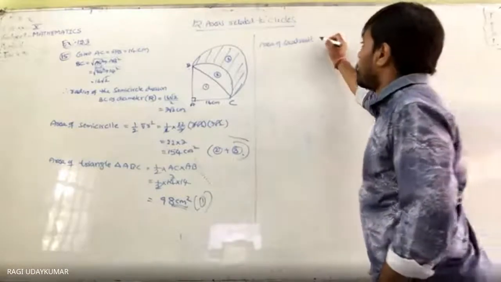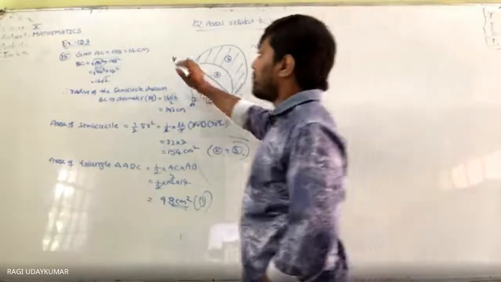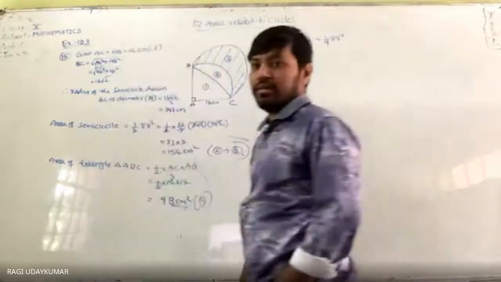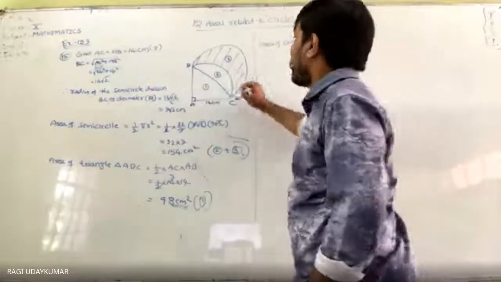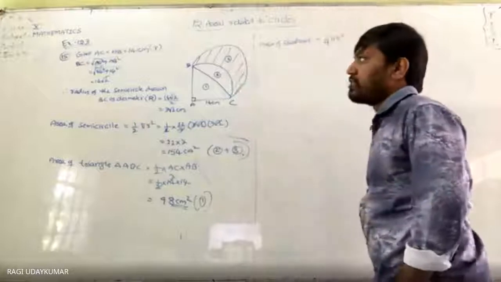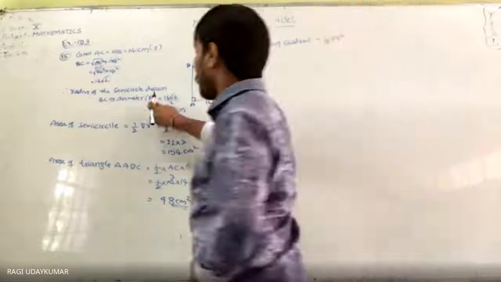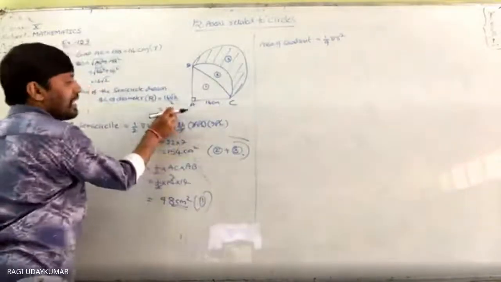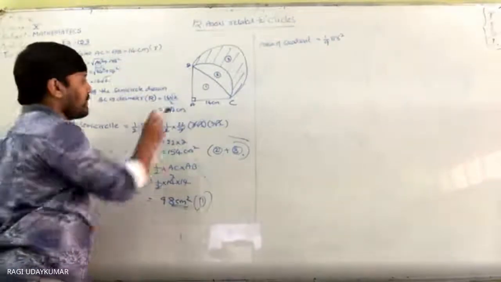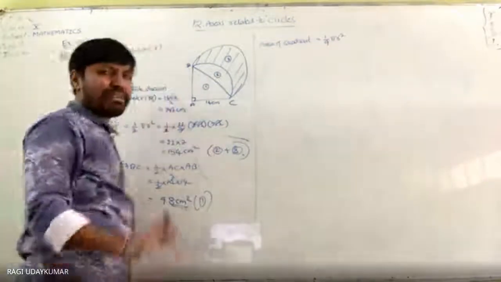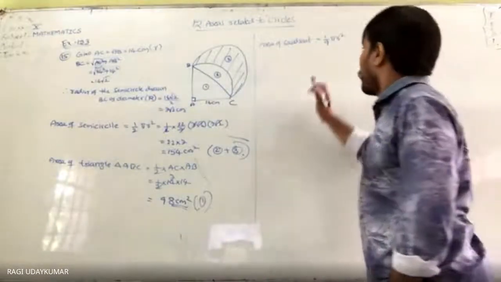Area of the quadrant is nothing but 1 by 4 of pi small r square, because this is the radius, small r. Here capital R was mentioned, that is different, this is different. That is why I mentioned it like that. Otherwise you can take this one as small r and there capital R, because its length is 7 root 2 and this is 14. Whatever it may be, the representation doesn't matter much.